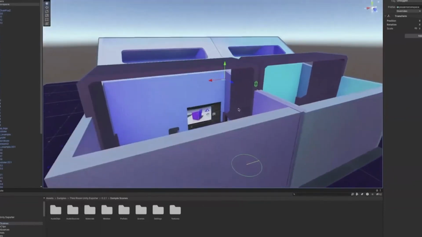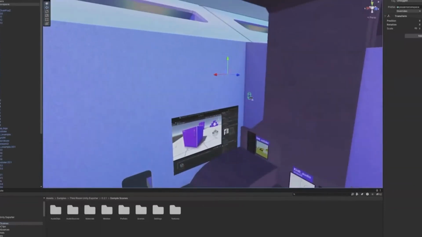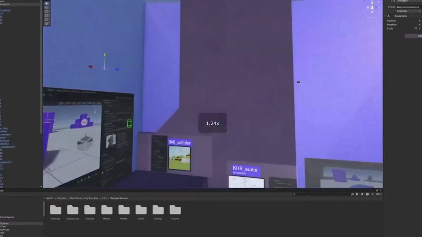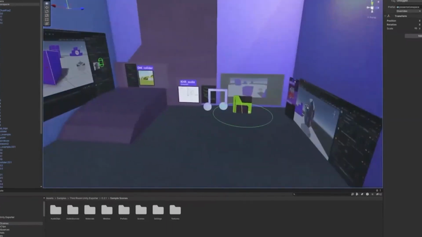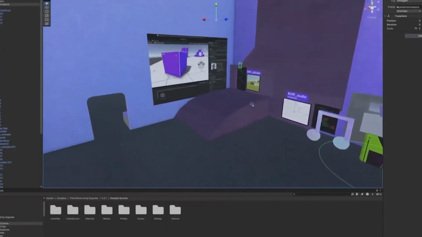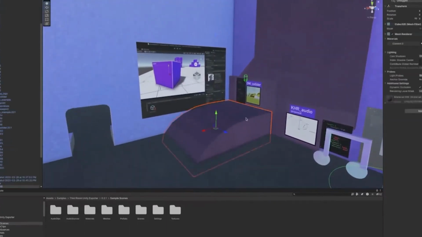So just to give a kind of a workflow demo, here we are inside of the room. There's that audio file that I was talking about earlier. So yeah, this is the presentation space that I was just in. I have this object here that doesn't have a mesh collider on it currently, so I'm just going to go add a mesh collider.